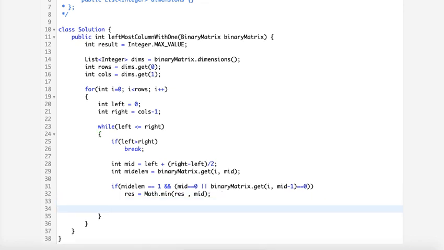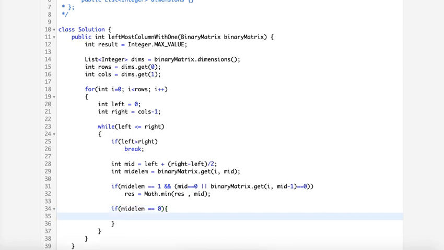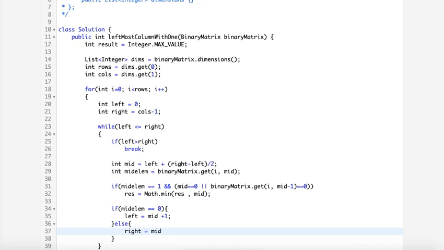Otherwise, if the mid element is 0, what we have to do is left should go, so I'm not at all bothered about the left part, which is all zeros. Otherwise I'm not bothered about the right part, which is all ones.